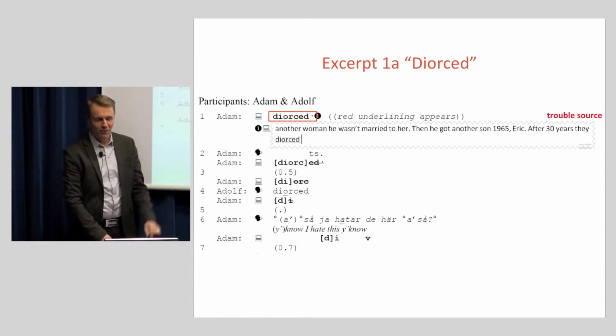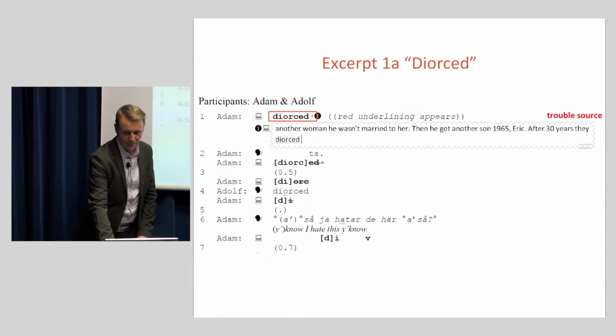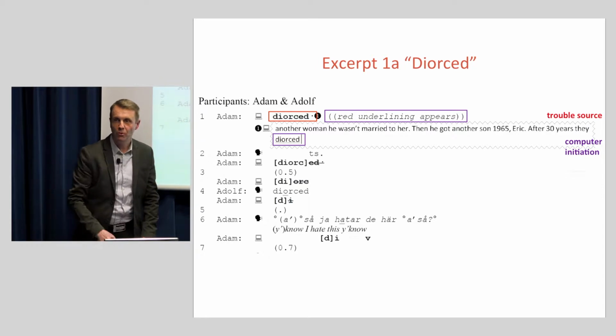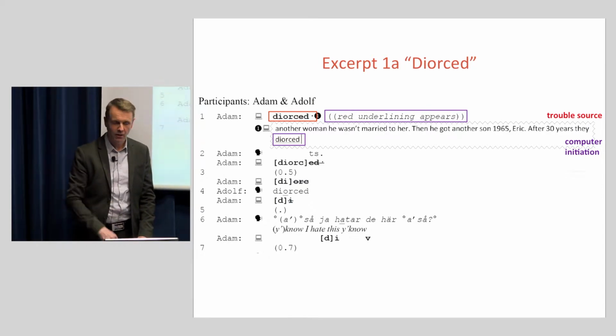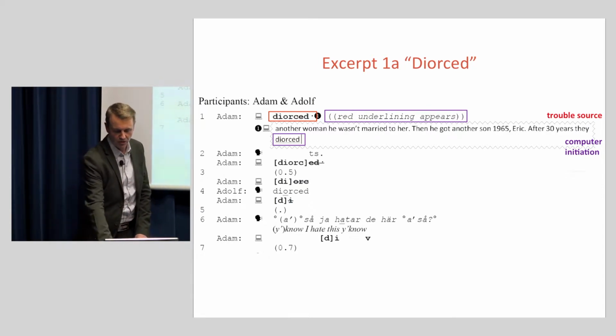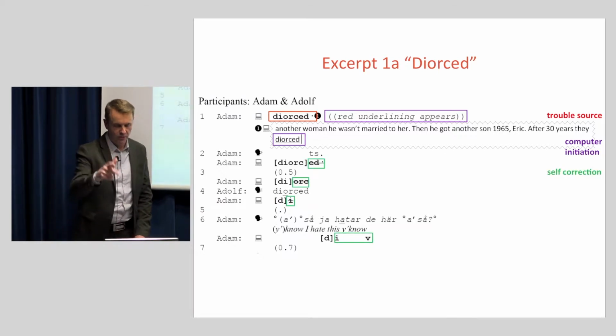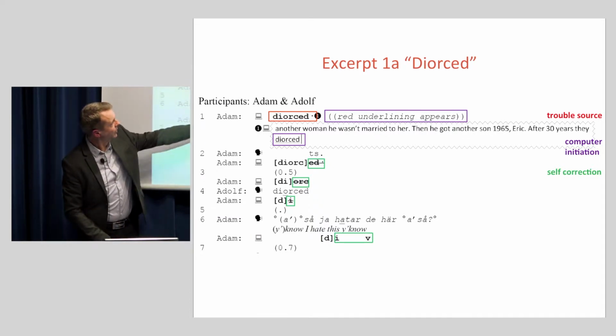This is obviously our trouble source, and it's computer initiated. The spell checker has this underlining to show that it's spelt wrong after the space has been typed. And then it's self-corrected in a number of steps here. So we can see